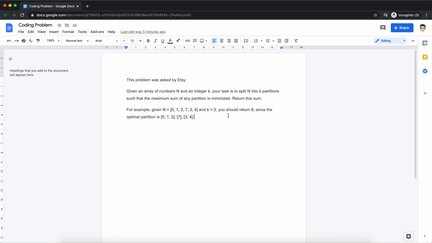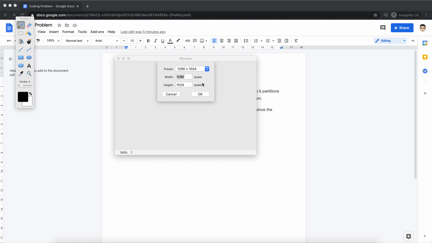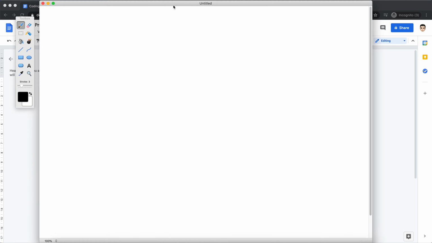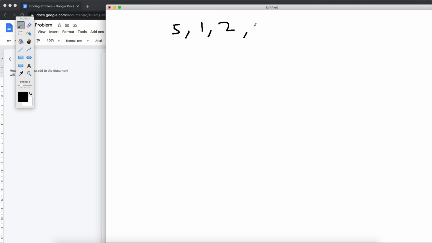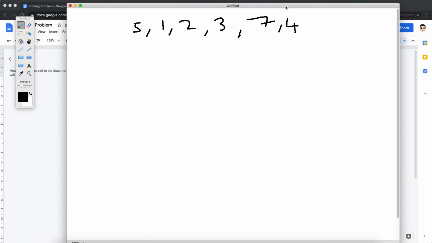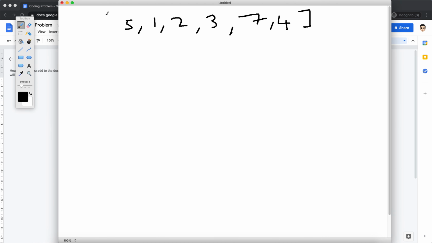So another approach that comes to my mind is pretty simple. From the observation, we can make it out. So let me write the numbers here. It's 5 1 2 7 3 4, right? So these are our numbers, and we have k equal to 3.